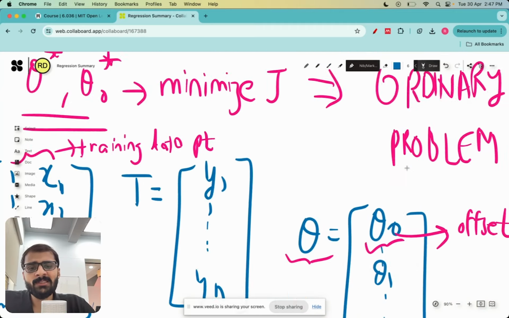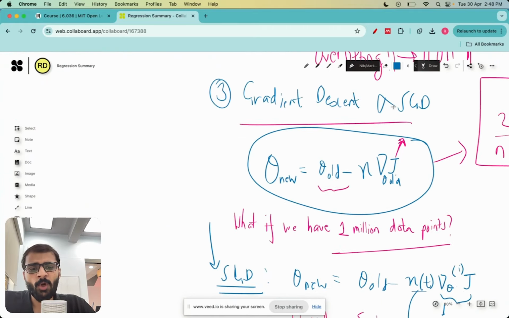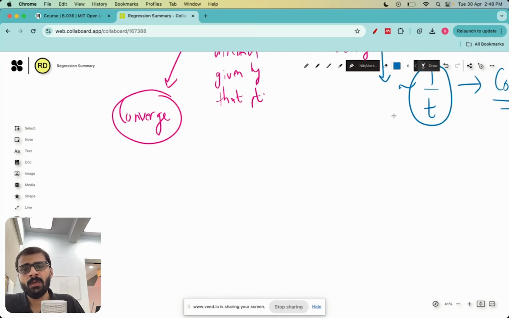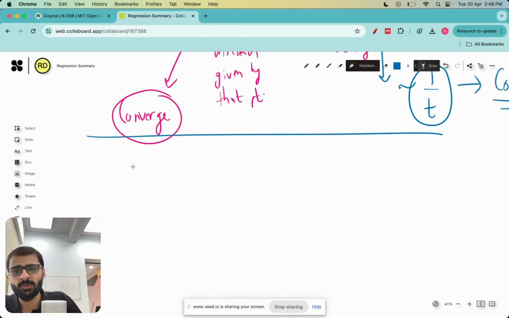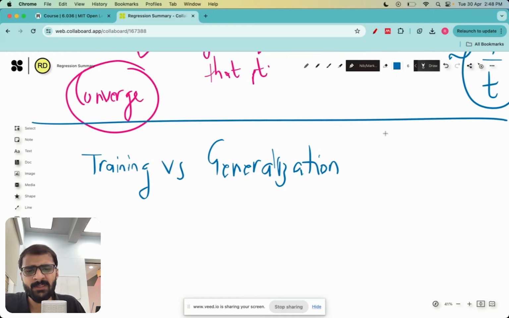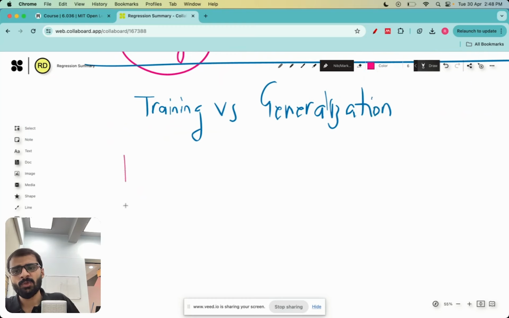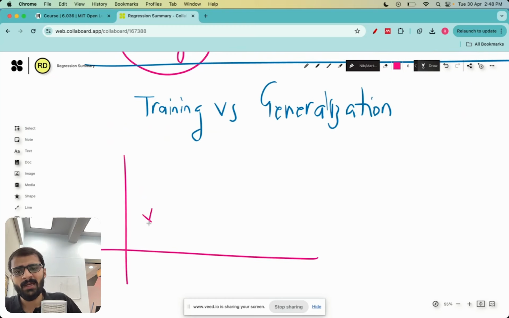Now let me come to the last point, which is training versus generalization error. And this is kind of a common tension in all machine learning problems. So let me try to explain this a bit better. This is called training versus generalization. Now let me explain this problem to you, because I have seen it being asked in many interviews and candidates really getting confused. So let's say that this is my underlying data,